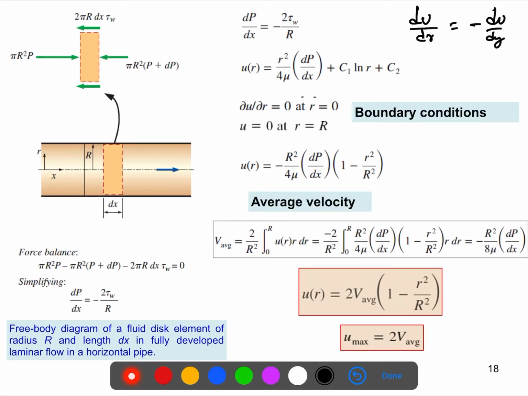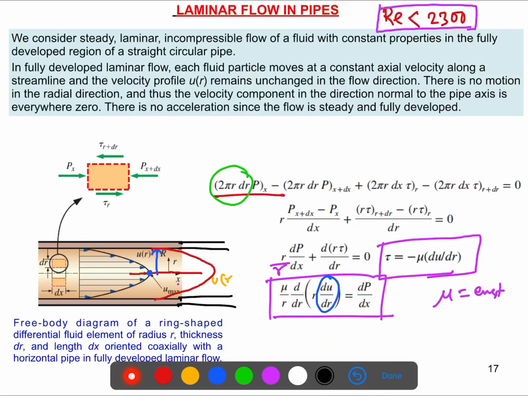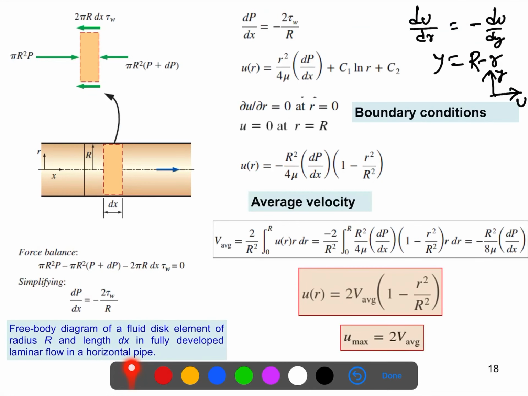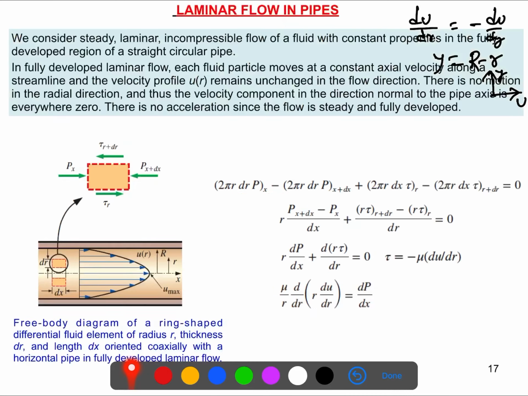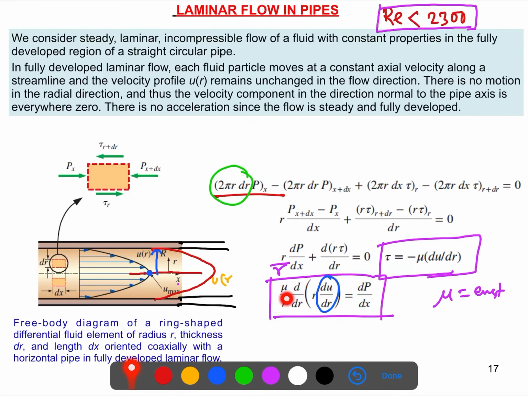So the coordinate system I showed you earlier, y actually will be defined as capital R minus small r. So we had the direction, let's say u, it was y, something we discussed here. Now if we simplify this, we had the previous expression, and we need to integrate it